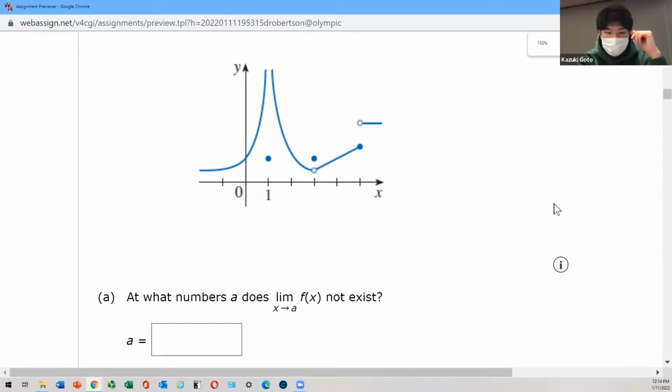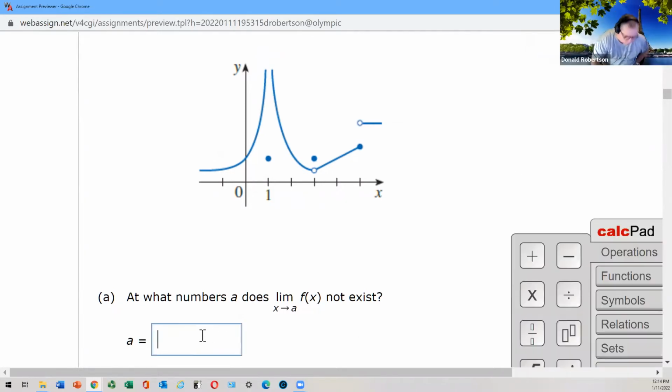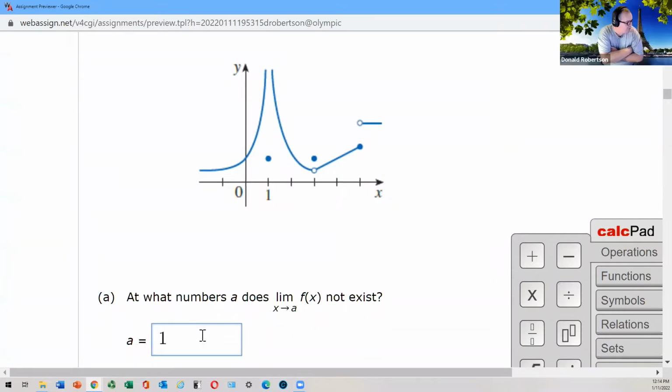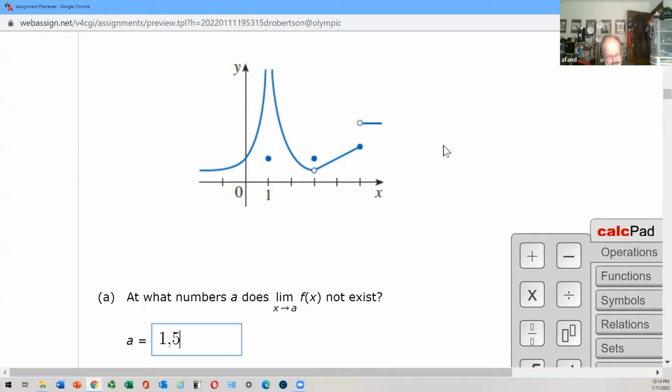One. I think I heard 1. 1 and 5. All right. 1. Agreed. Now, so 5. I'm not sure where 5 came from. 1, 2, 3, 4. Oh, down here. Oh, yeah, you caught it and I missed it. There you go. I missed that little thing there. Yeah. Did you agree 1 and 5 have a problem?